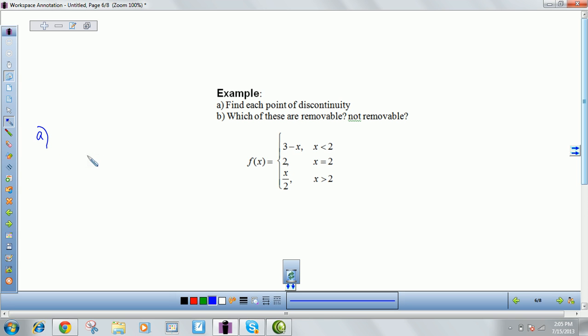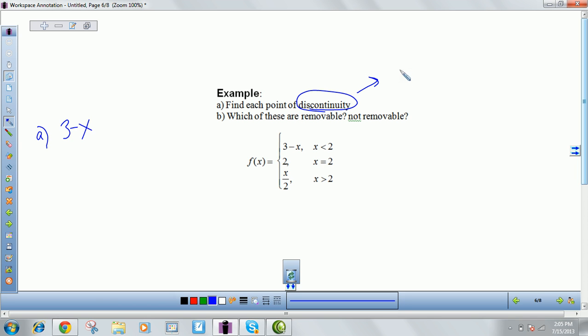So on A, find each point of discontinuity. So this is a piecewise function. There are different parts. There's actually 3 parts to this graph. So let's look at each part. So you're going to look at 3 minus x, and in order to see if they're discontinuous,